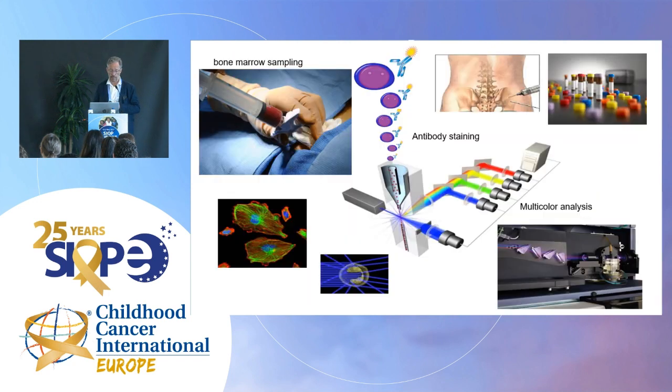You all know how bone marrow, for example, and this is the favorite liquid material which we are investigating, how this is sampled, usually in children from the hips. And you also see how the staining is done. It's the incubation of the blood cells with the antibodies, and it can be a mixture of antibodies set on the cells at the same time. And then